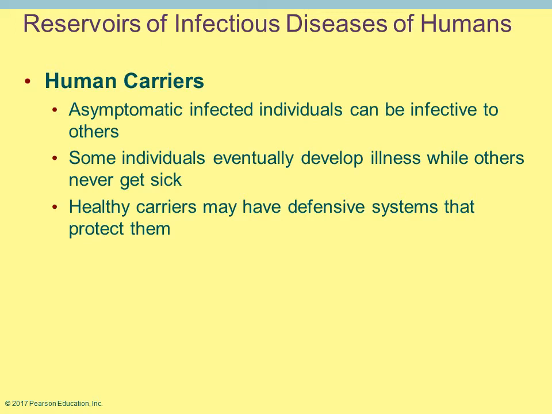In terms of a reservoir in humans, this is when you have a human carrier, which is simply a person who is asymptomatic. That means the person is infected. They are usually contagious and can pass it on to other individuals, but they themselves are not showing any symptoms. So it's not like they are trying to be malicious and infect other people. They don't know that they're even infected because they're not showing any symptoms. Over time, they may show symptoms later and get sick. Some of them may never get sick.